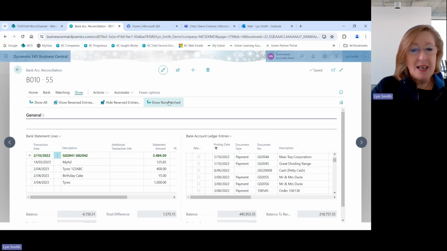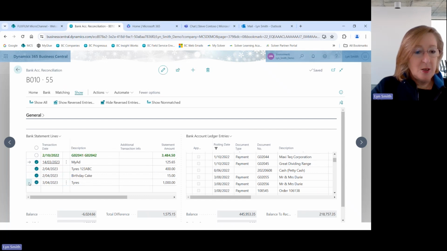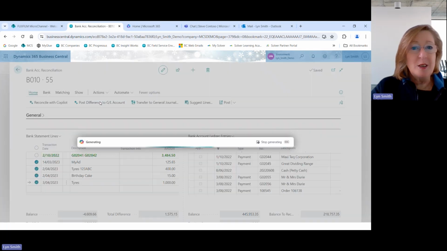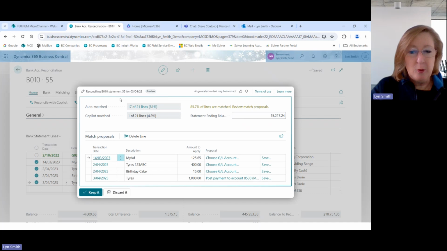So in this case, you can see these ones haven't. And I might go, right, these ones are new, they've come in. Let me push them through into the general ledger, because obviously there's no transactions on this side for it to match. I can then come back. And again, using Copilot, I'm going to say, well, go and find those accounts where it thinks it should go to. So it's going to go off. It's going to scour my chart of accounts.